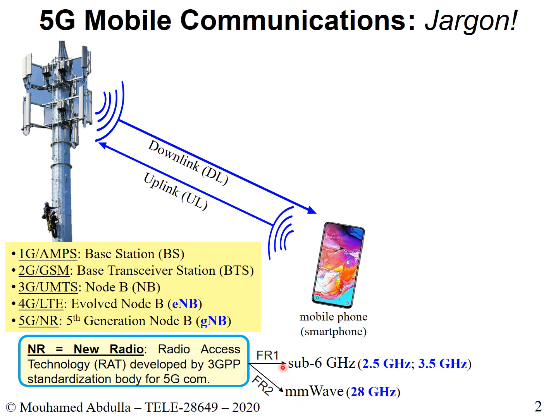Another jargon that I should mention is FR1 and FR2. It simply stands for frequency range 1 and frequency range 2. It's just another jargon that is added to your lexicon. If you hear FR1, it simply means that we are talking of lower frequencies. And if you hear FR2, very, very high frequency. We want to operate at both. Some applications will require lower frequencies, some will require higher frequencies.